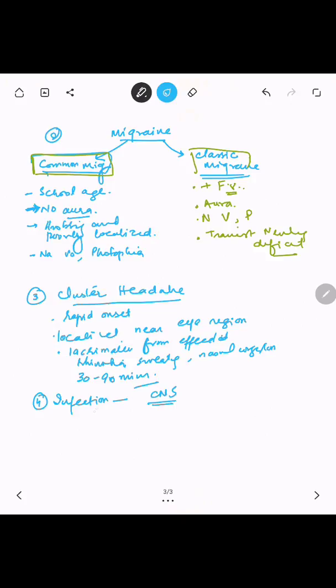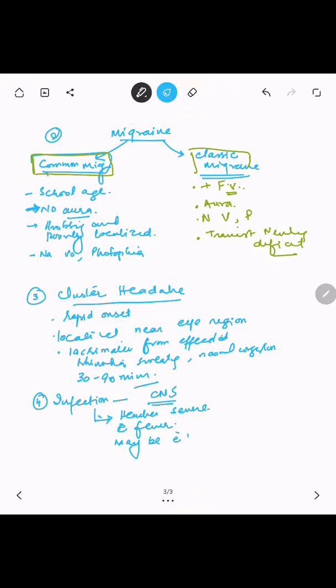Okay, so to sum up the cluster headache, it is rapid in onset, it is localized around the eye and temporal region, it is associated with lacrimation of the affected eye, rhinorrhea, nasal stuffiness, congestion, and sweating. Okay,